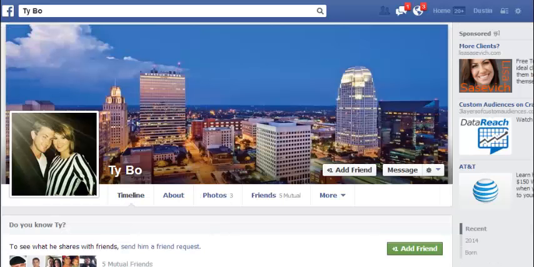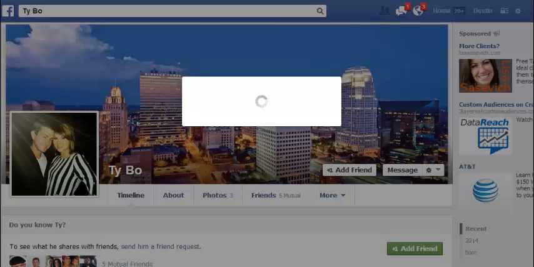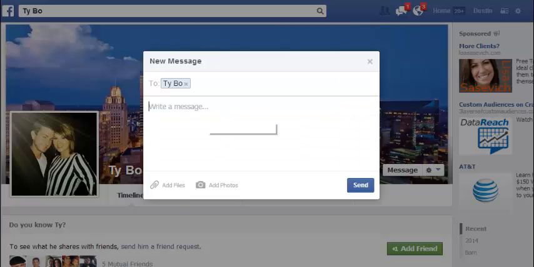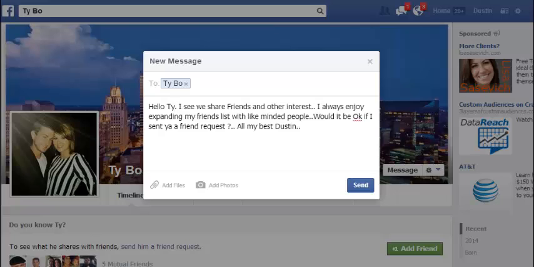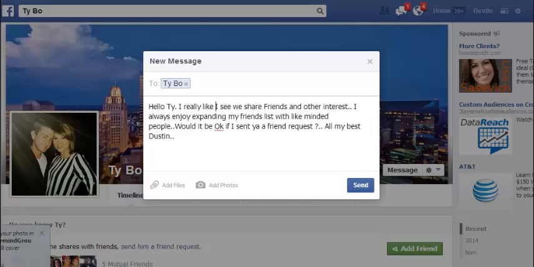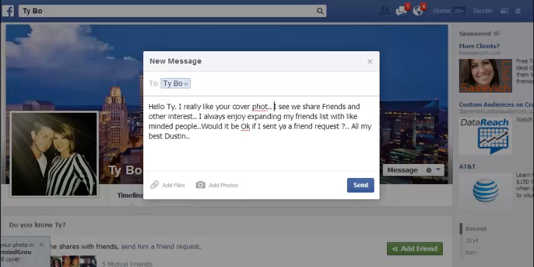So let's scroll back up to the top. We hit message like we did before, and let's get ready. We'll copy and paste that message we had ready to go. Remember, we'll have that ready for each one. The same thing we typed the first time is there, but now I'm going to add, and you know what I'm going to do? I really enjoy this cover photo behind us. So in this one, I'm going to say, you know, I really like your cover photo. Great job.